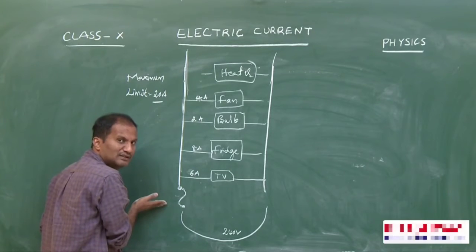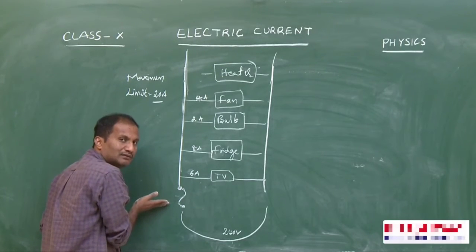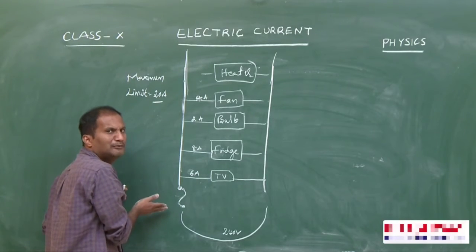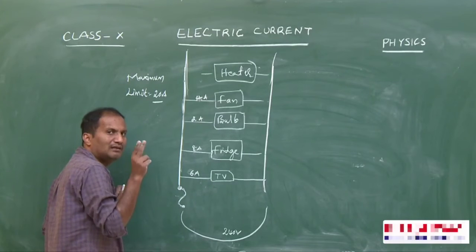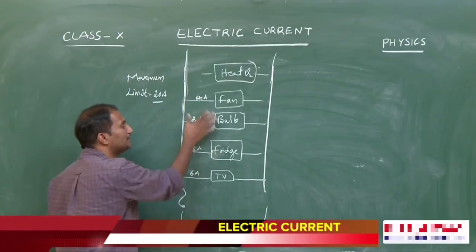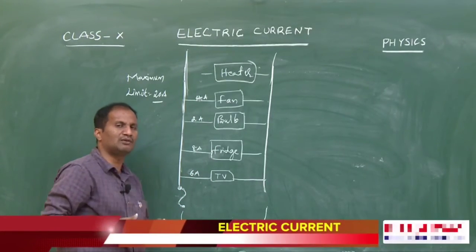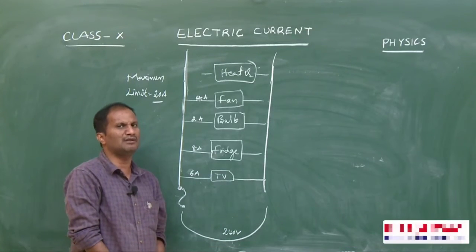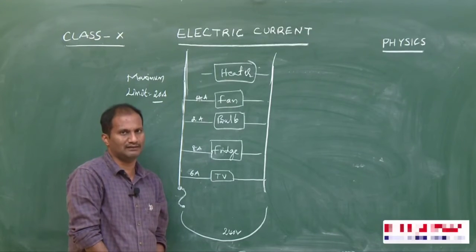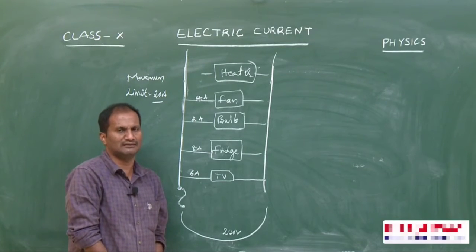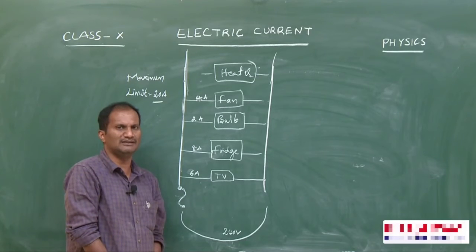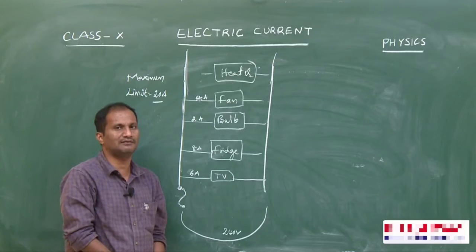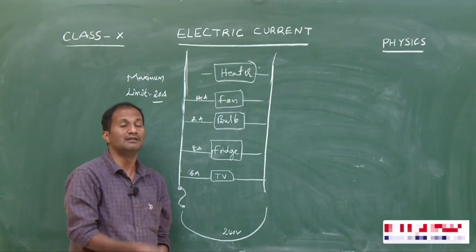That is why we use fuses to save us from electric hazards. Why? Because it has a very low melting point and is also a thin wire, it can melt very easily. Using an excess amount of electricity beyond what is permitted is called overloading. What will happen if overloading takes place? There is a chance of electrical accidents or fire accidents. What device do we use to prevent such accidents? That is the electric fuse. What are the properties of an electric fuse? It has a very low melting point and is very thin in diameter.